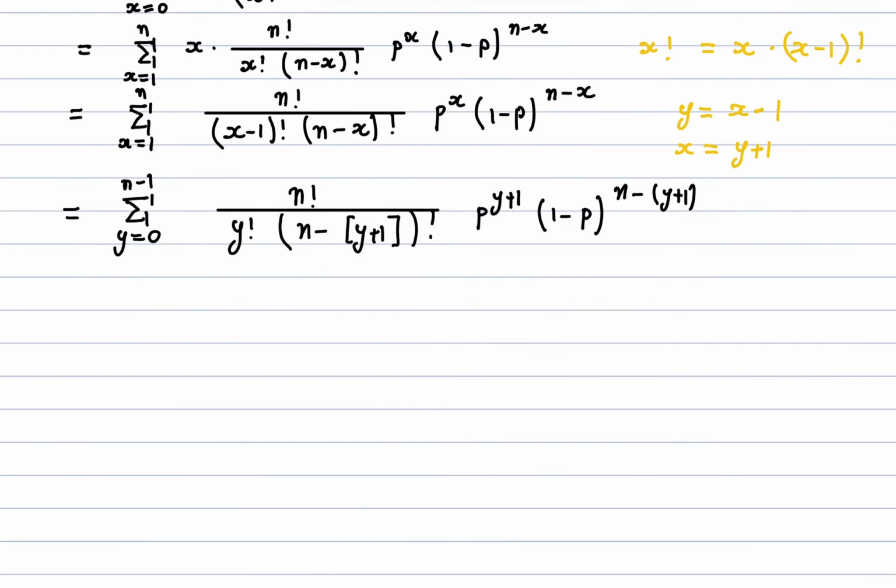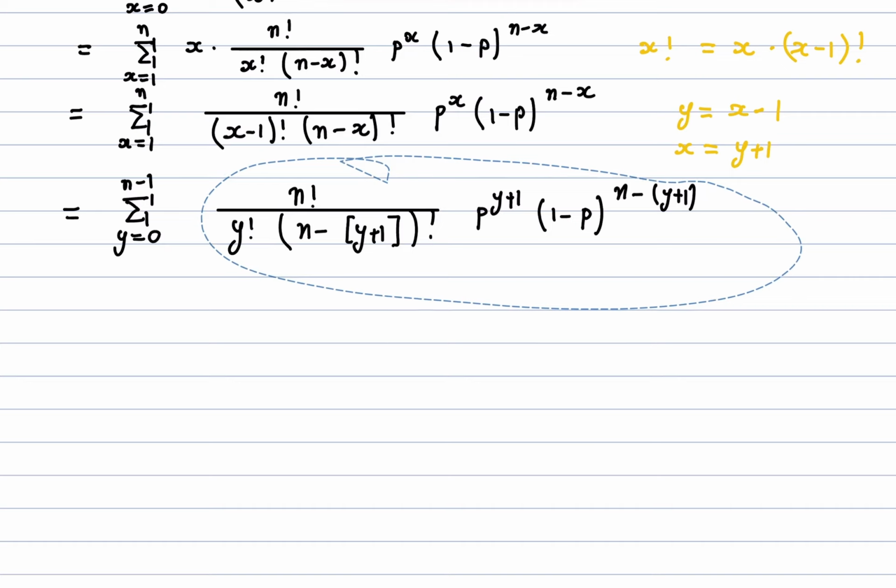Now, what are we going to do here? Well, again, I'm going to be a little bit tricky now. My aim here is actually to make the expression inside the summation look more and more like a PMF we're familiar with. I'm going to try and manipulate it in a way so that it looks like a probability mass function of